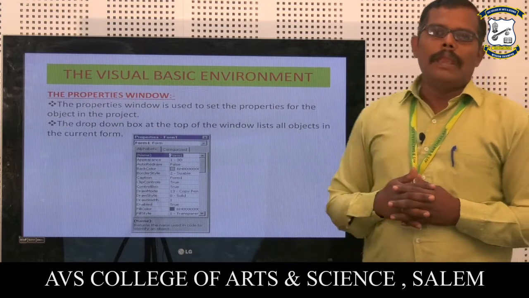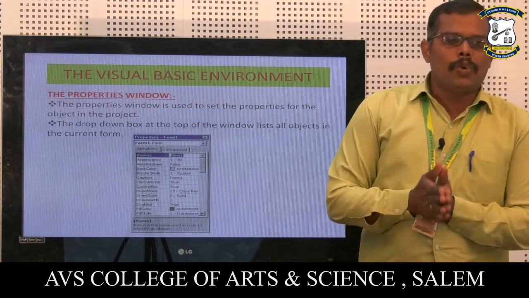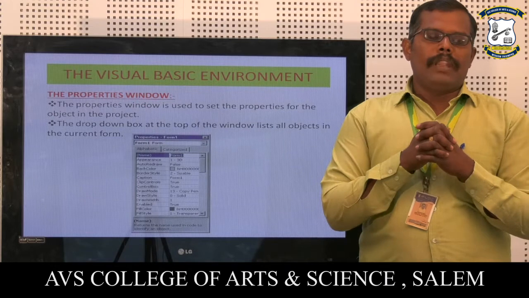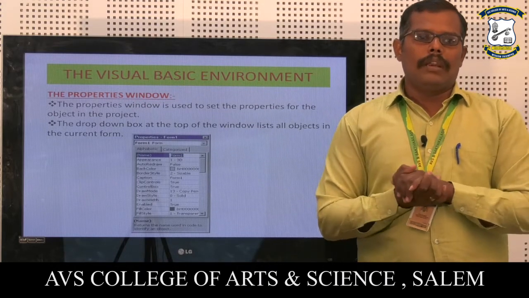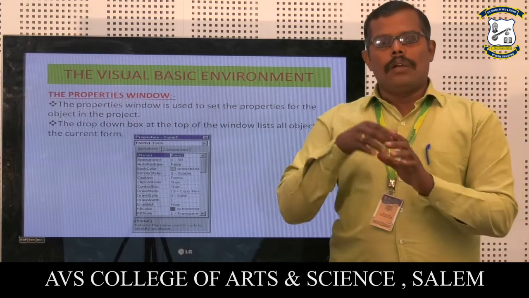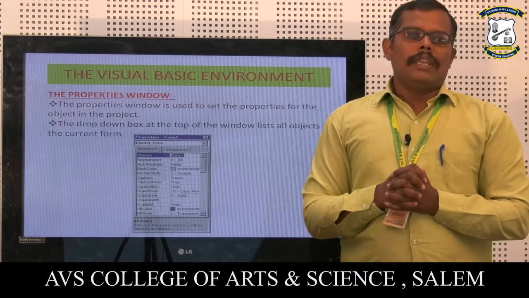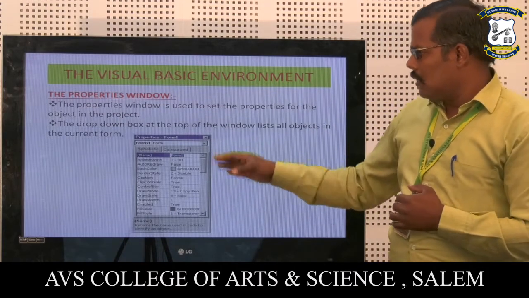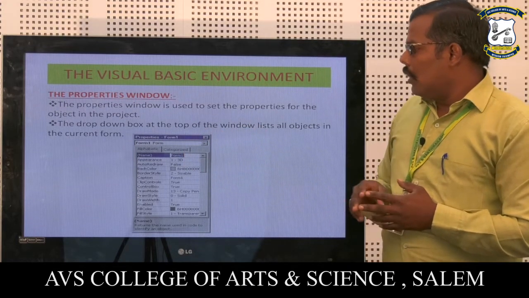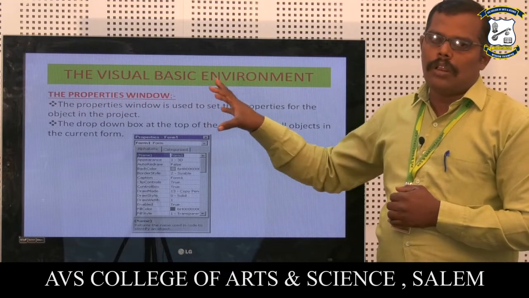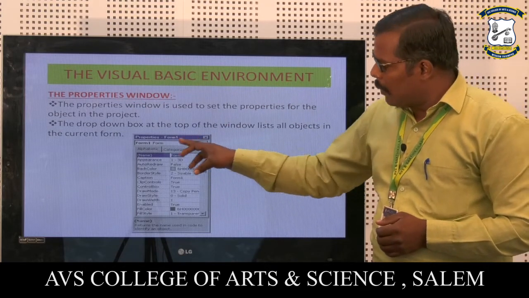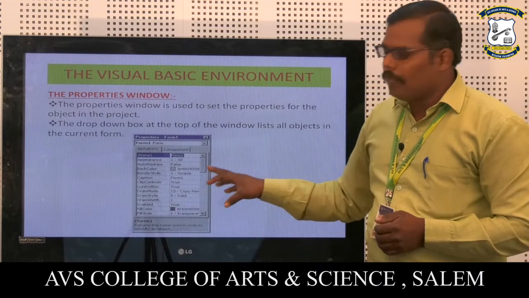Next, the properties window. It is very important for developers. As a student, you have to know each and every property of those particular objects, like name, background, foreground color. These are very simple properties. You all have to know all the properties of particular objects. It will appear like this with the default name and all. It contains a drop down box here. With this we can select the controls like form, button, text boxes. We can select here, and the respective objects have a lot of properties like this.